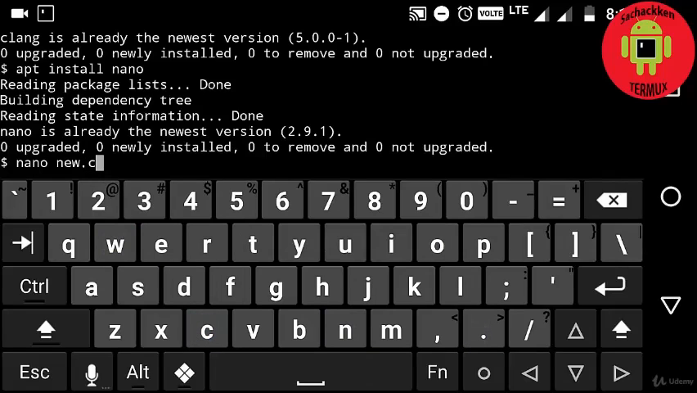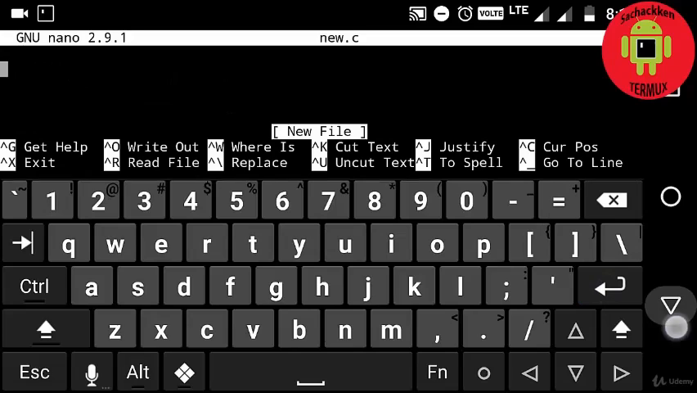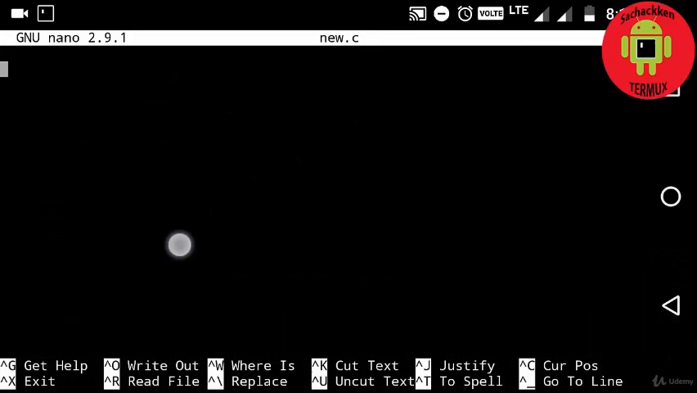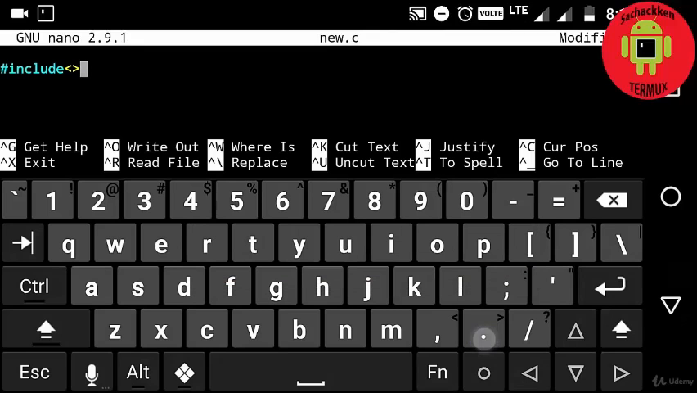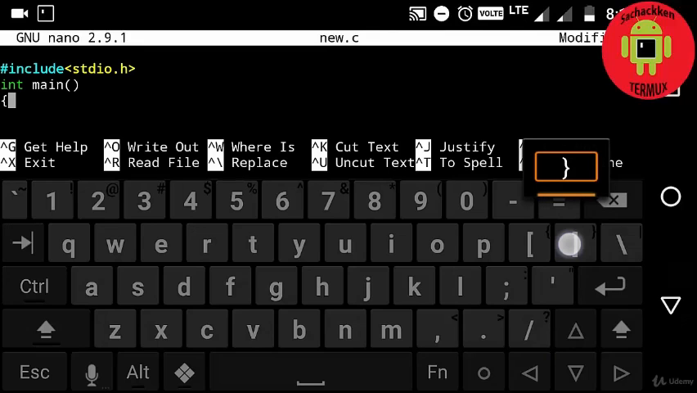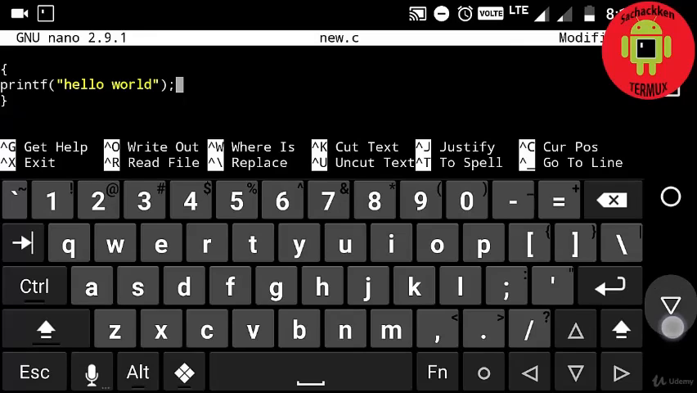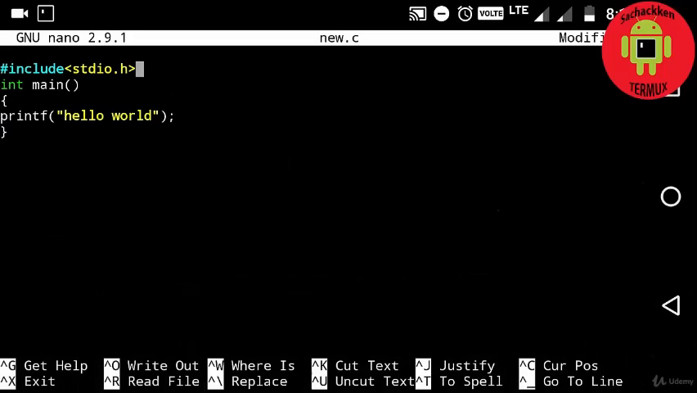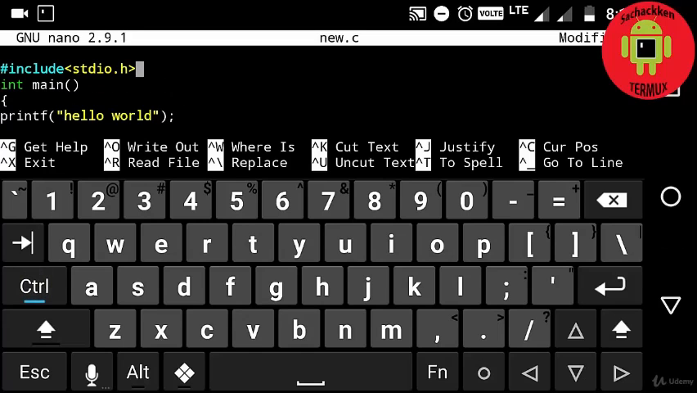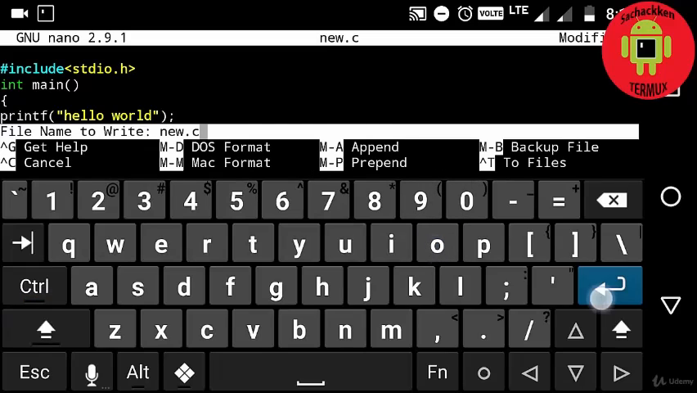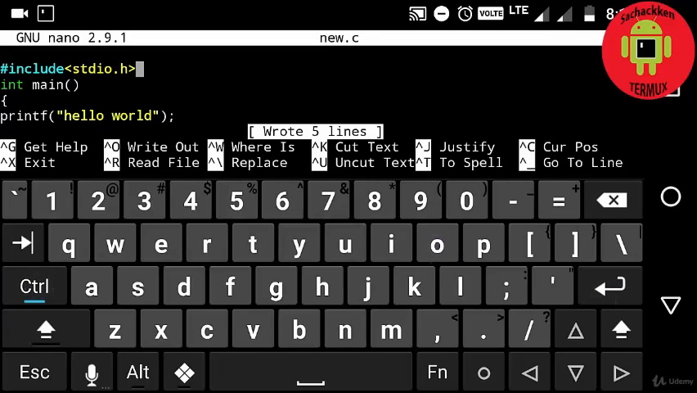So now I'm going to type nano new.c. new.c is a file name. So here comes a nano text editor, and now typing #include <stdio.h>, int main, opening and closing brackets, printf, inverted comma. In that I'm going to type hello world, putting semicolon. Okay, now I'm going to press Ctrl O to save the file, pressing enter, and next Ctrl